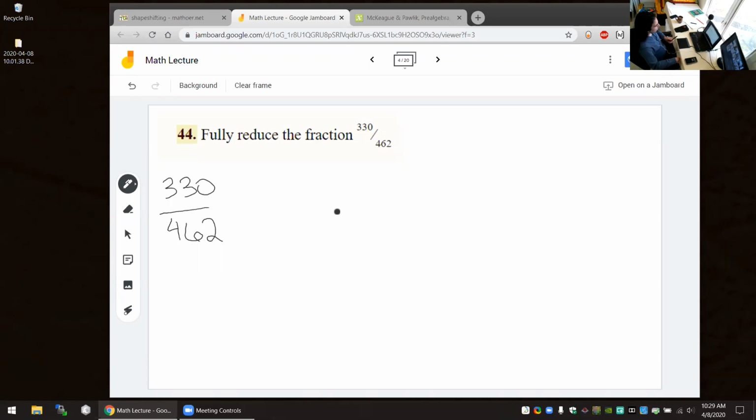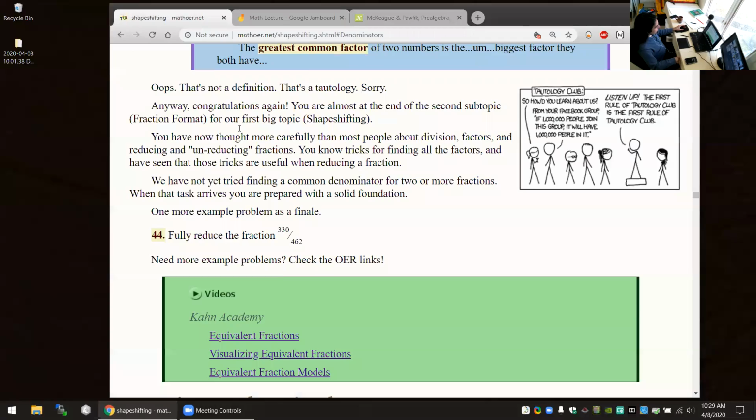So can we see anything bigger that would work, top and bottom? Six. We had seen the divisibility rule last time